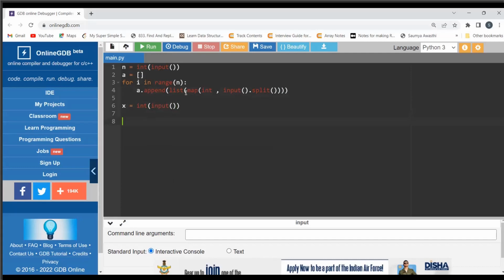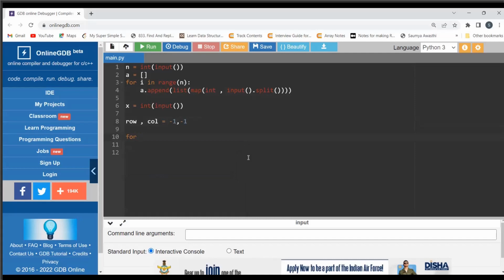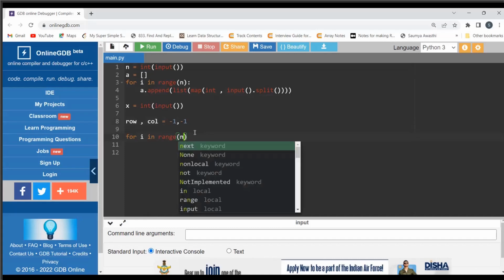Now comes the implementation part. So first we have to find the row as well as the column. So we'll be taking two variables to keep track of the same. Let's initialize them with -1. Then we'll have a loop, traversing through the matrix, individually checking each element and checking if it is equal to x or not. If we get the element, we keep track of the row and column on which this element x is located. For i in range n,